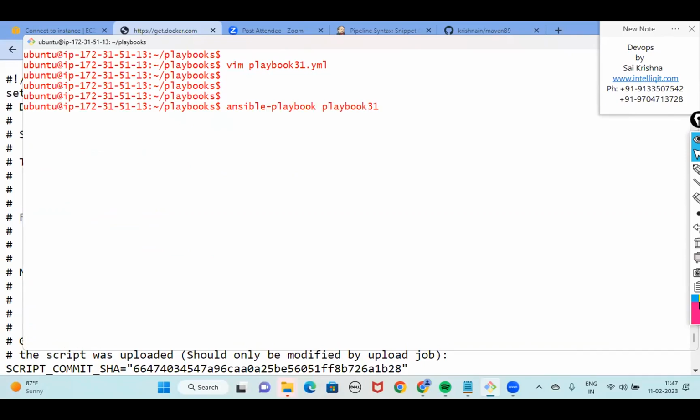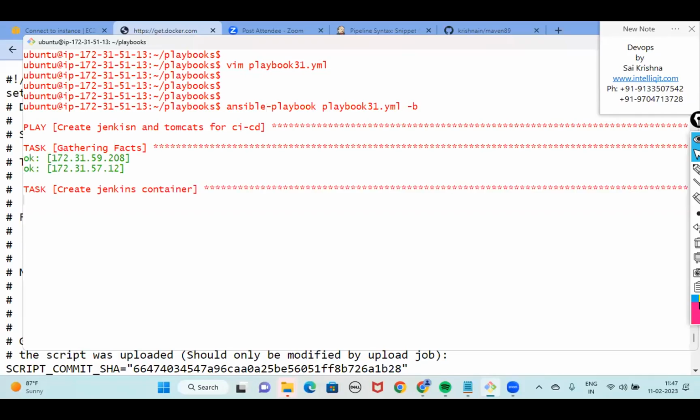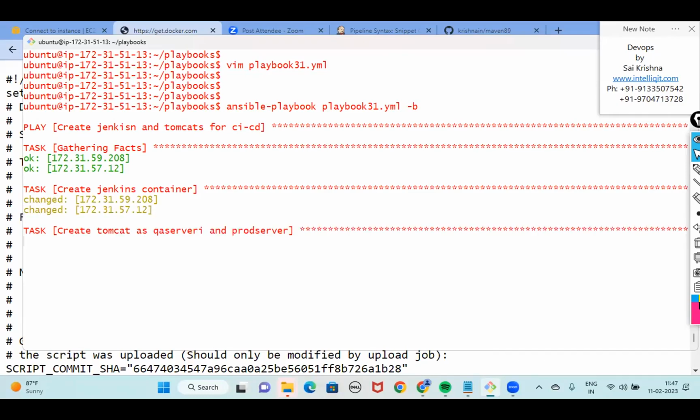ansible-playbook, the name of the playbook is 31.yaml. For Docker file, you don't have a module.